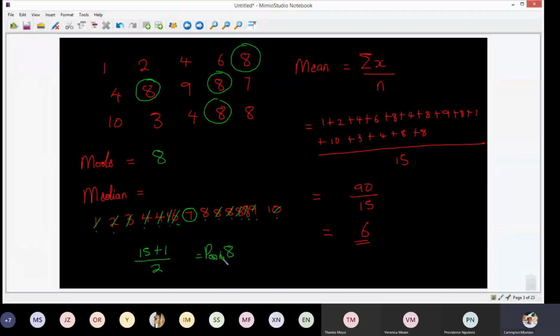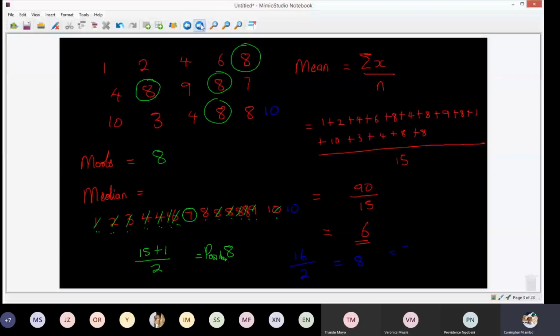So you count 1, 2, 3, 4, 5, 6, 7. Position number 8 is your median. If you have an even number, for example, let's say I add another number, 10. Then our n is now 16. Then 16 divided by 2, it gives you what? 8. So you count your position. Position number 8 and position number 8, in this case, it will be, okay, let me do a different question